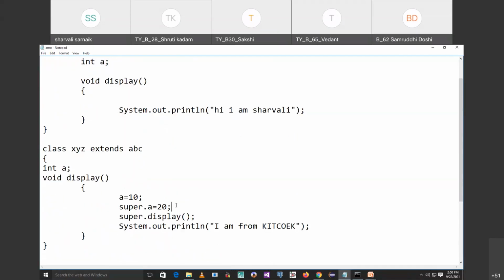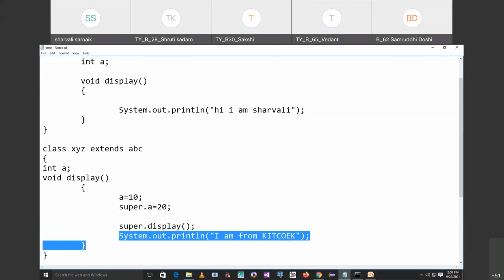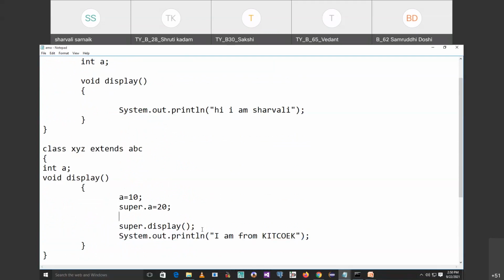So how to print the values of a and b? Just by writing, I will write the current class a.